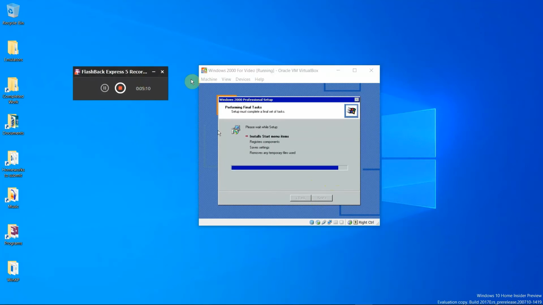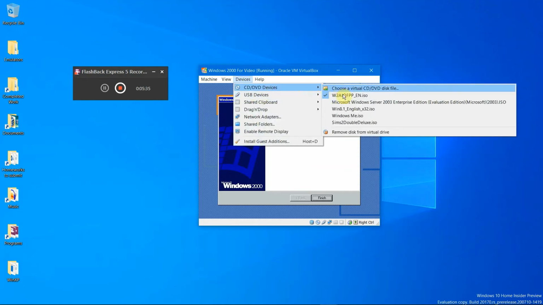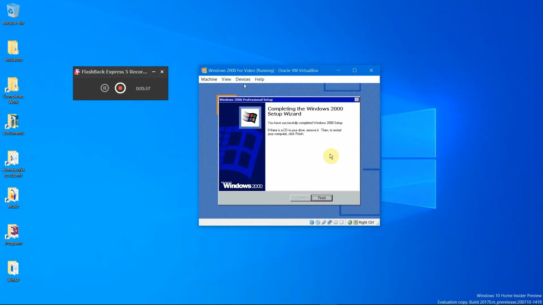Once that is finished, this here's the last thing. What it does is set up and complete the final stuff. Once that is finished, the wizard will be complete. So what you have to do is remove the CD, and then you just click finish,